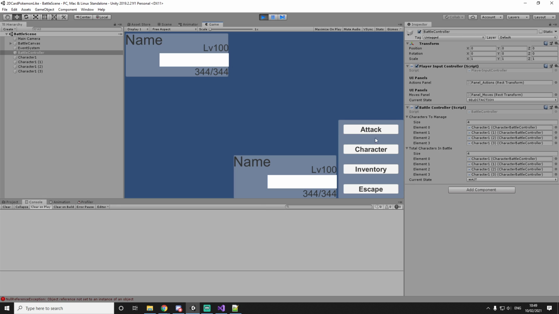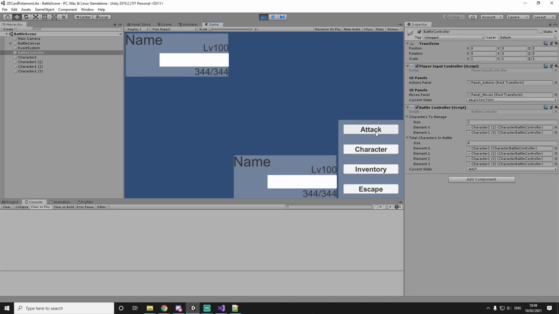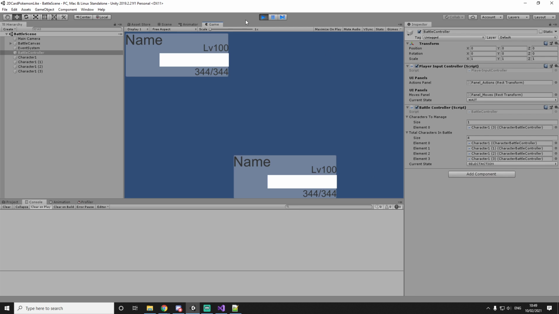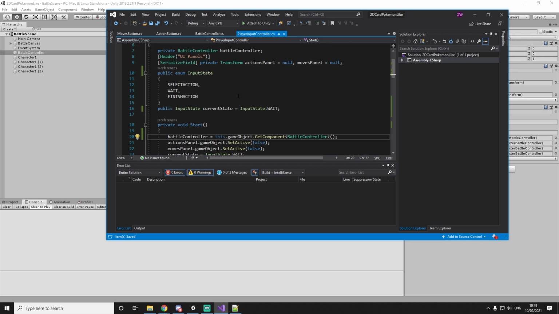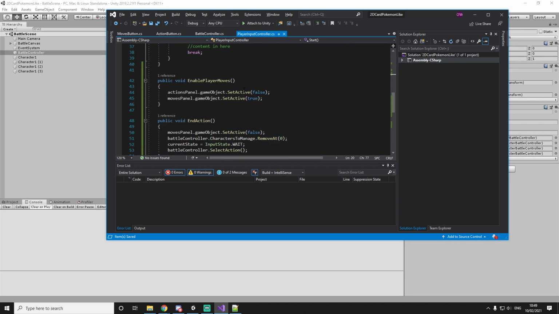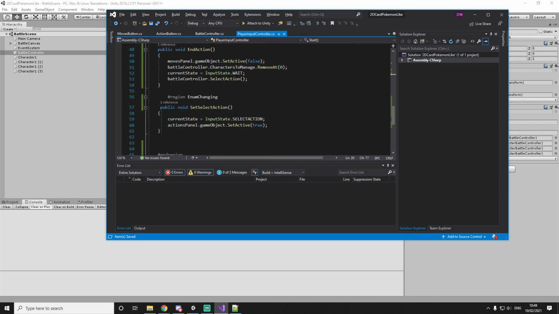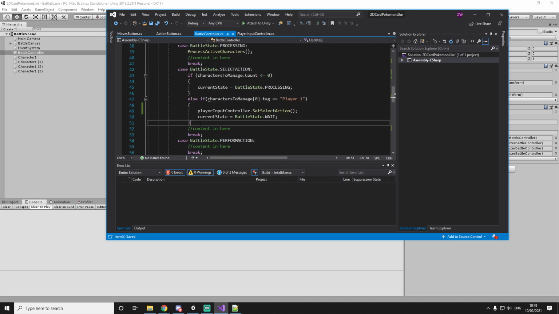So let's perform the attack 1 and 2. And that removes our character from the list of characters. We click 1, 2, 1, 2. And then for the last one, we don't get to do anything because the last one is an AI. So for now, let's create an empty action. So temporary,